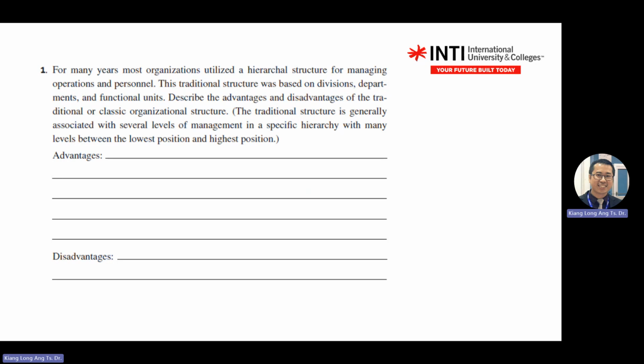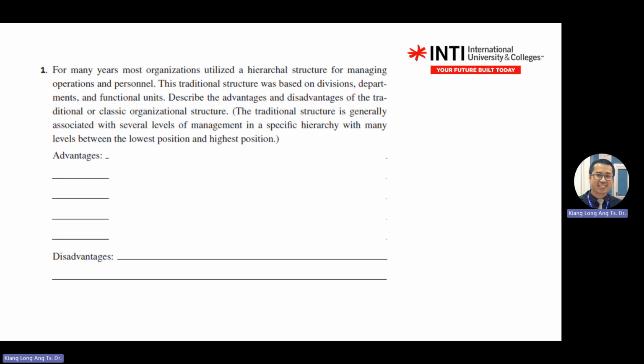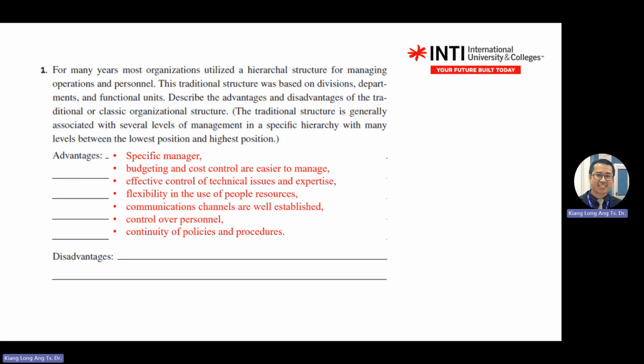So this one is in the slide. So you go and read. Usually this kind of question, you need to give 3 advantages, 3 disadvantages. 3 or 4? Usually it's 3. So the advantages for traditional